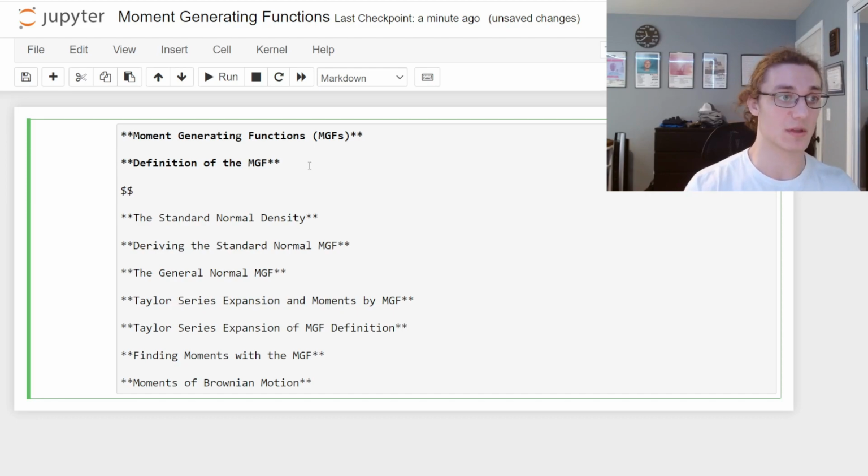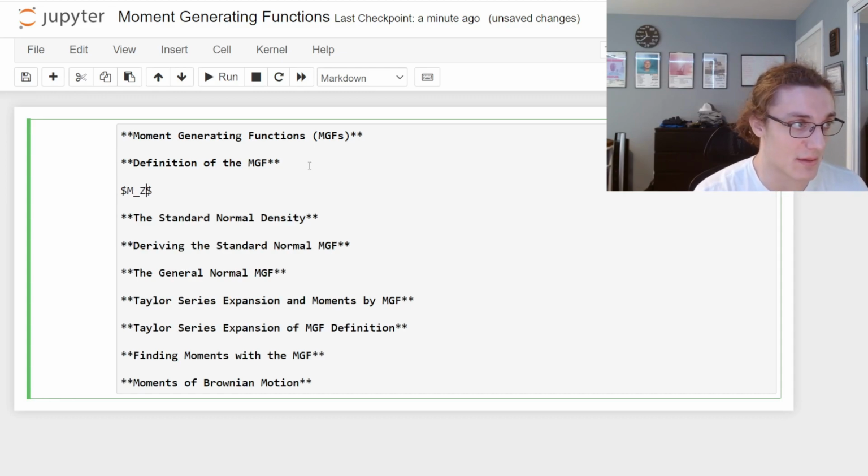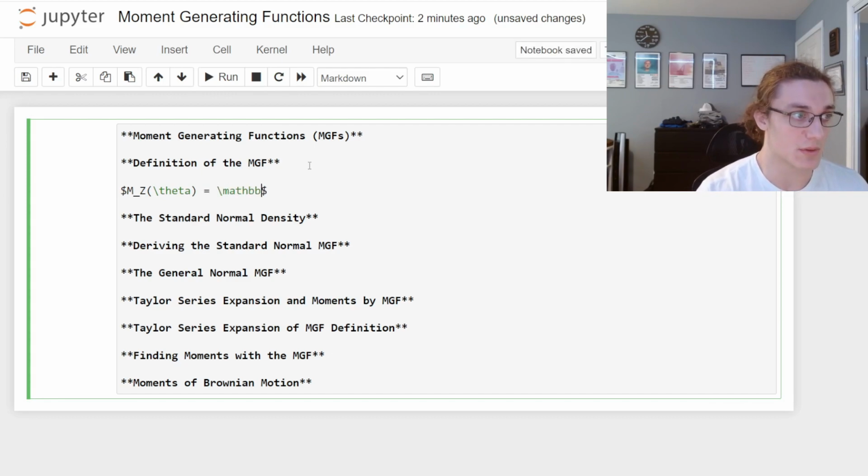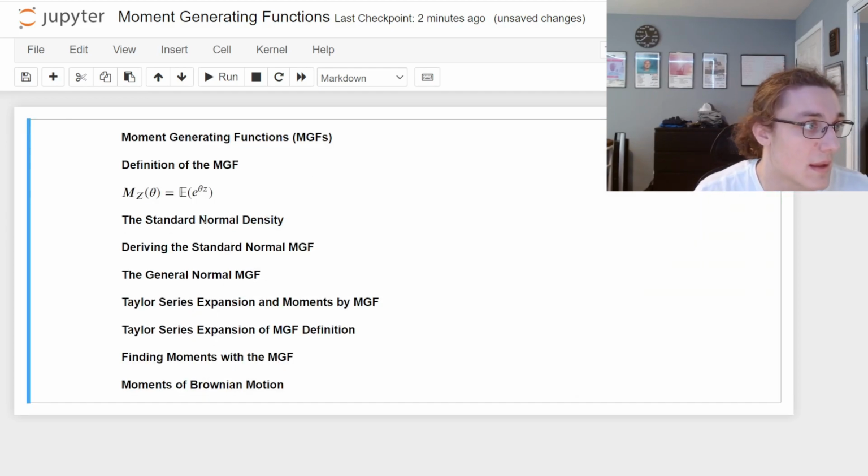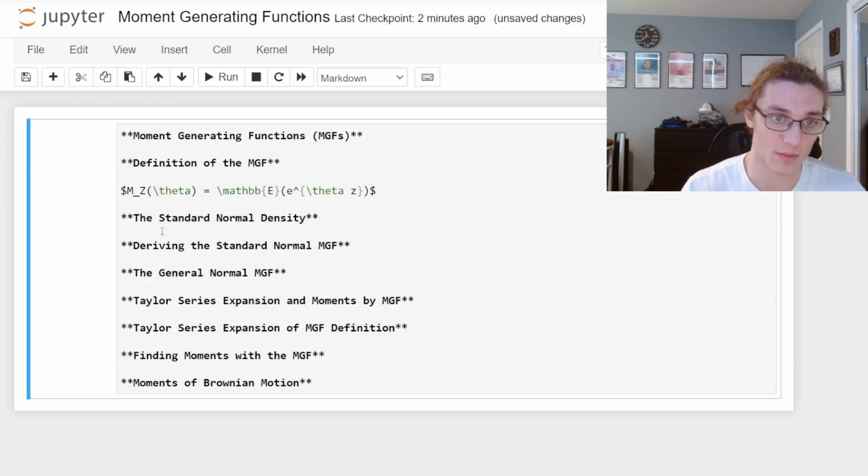Well, what is a moment generating function? Well, it's defined in terms of an expectation. So we would say M of random variable Z, the moment generating function of random variable Z with parameter theta, is equal to the expectation of e to the power of theta Z. And now our job is to evaluate this expectation, to find some function of theta that is this moment generating function. All right. Now, this is actually relatively easy to do in the context of a standard normal density,